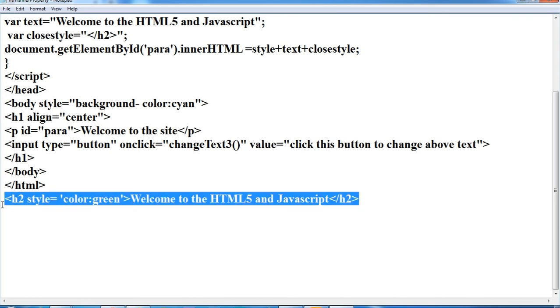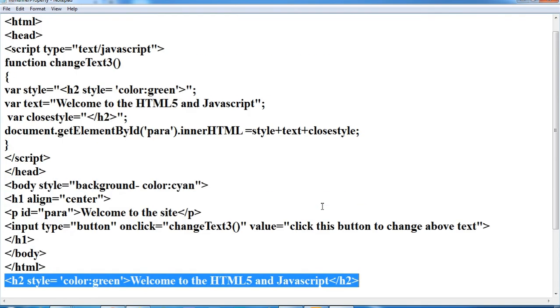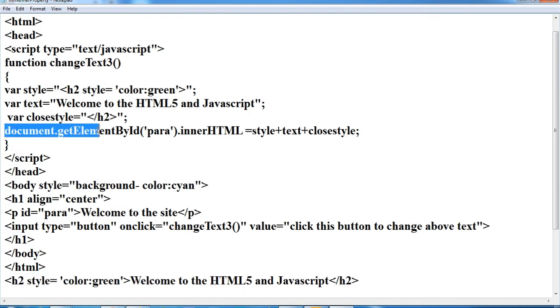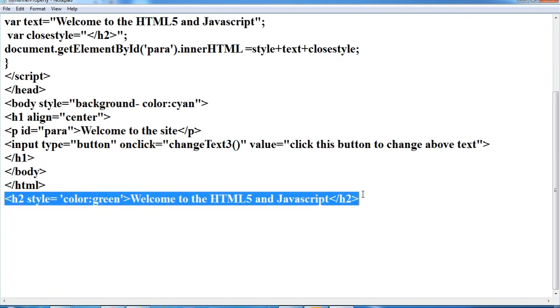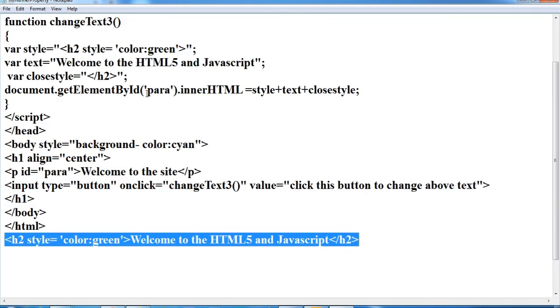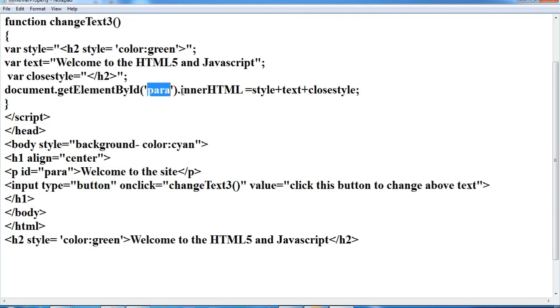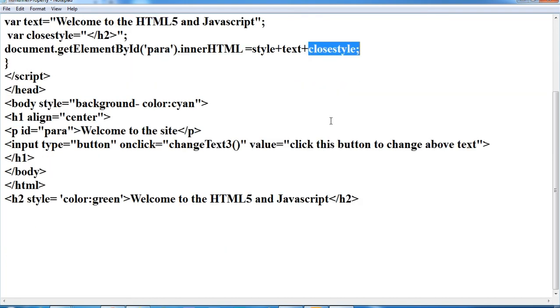I am simply assigning this line using document.getElementById, and my id is para. So I will assign this line to this para id by using innerHTML. What I am assigning is these three variables, style plus text plus close style.